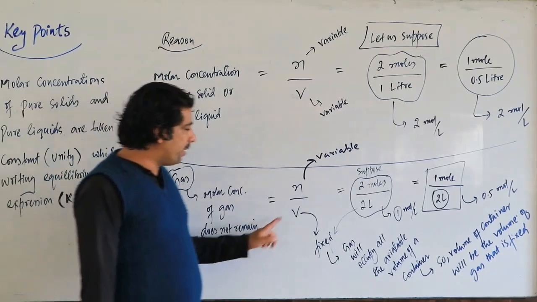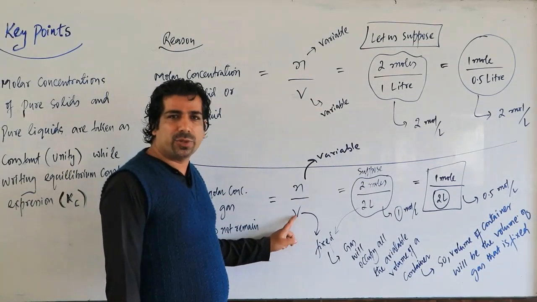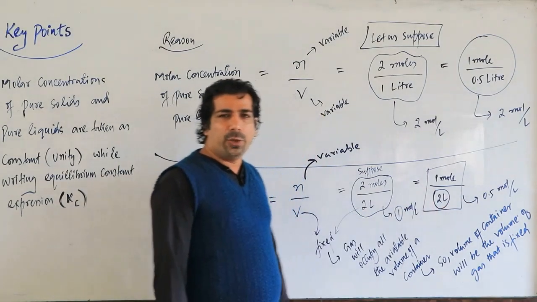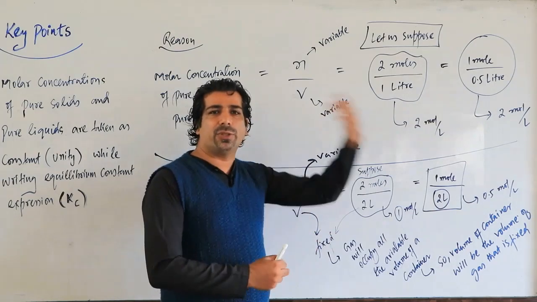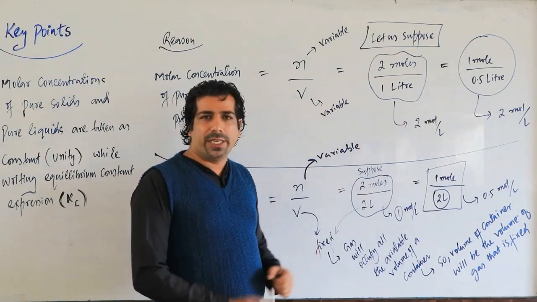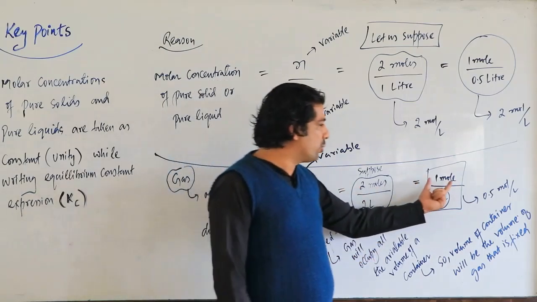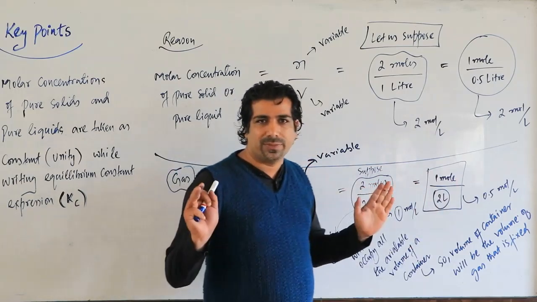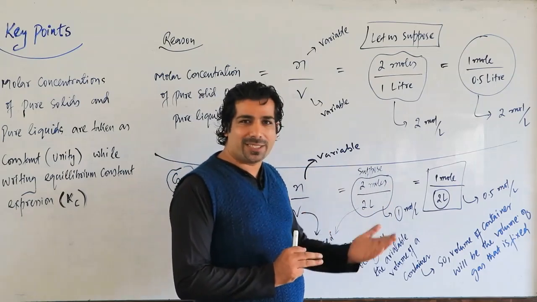Have a look. The volume was fixed because the volume of gas is equal to the volume of the container. So this is fixed. So we have 2 liters here and 2 liters here. And if you consider that your gas is a reactant, let us suppose, it will change into the product. So its concentration will decrease. How many moles of gas you have here? 2 moles. And how many moles you have here? 1 mole. That means 1 mole of reactant has changed into the products, let us suppose.